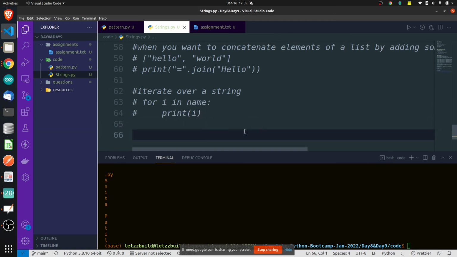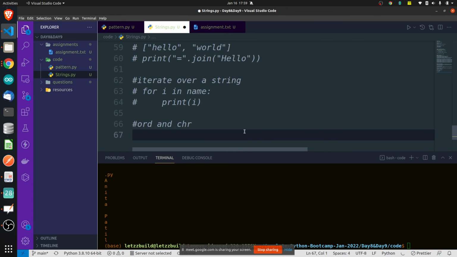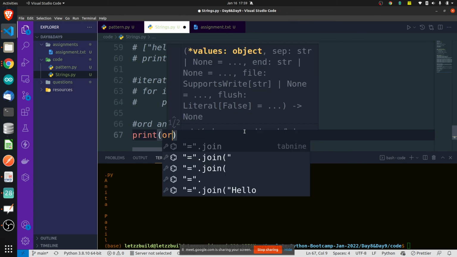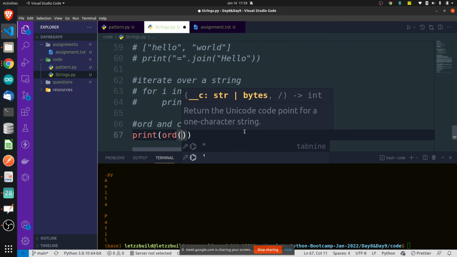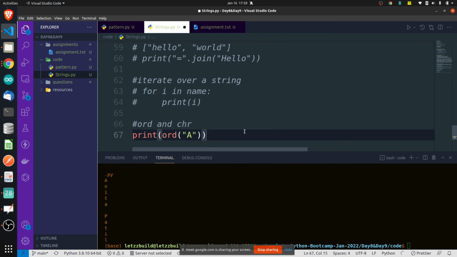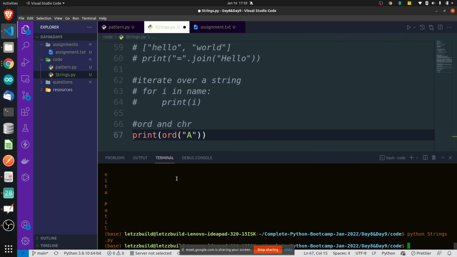Okay, and last one, I think one function is there, ord and chr, and that's it. I will tell it so that we can basically do the remaining things afterwards. So there is one more function, which is ord and chr functions, which is used to convert. Let me show you. Print, if you write the ord function, ord of a, it will actually give you the ASCII value of a. Print ord of a, come on.